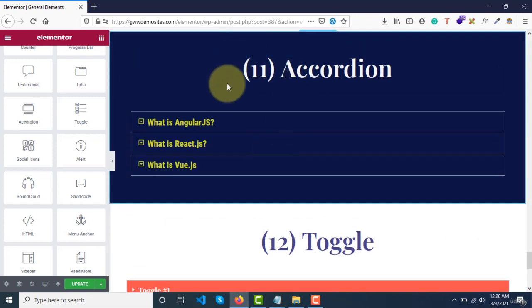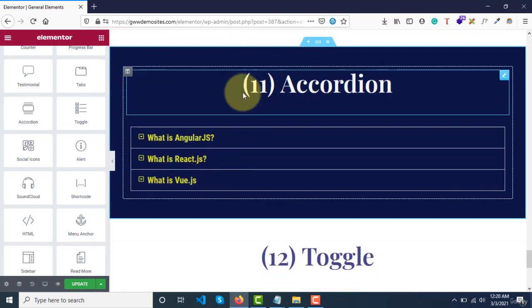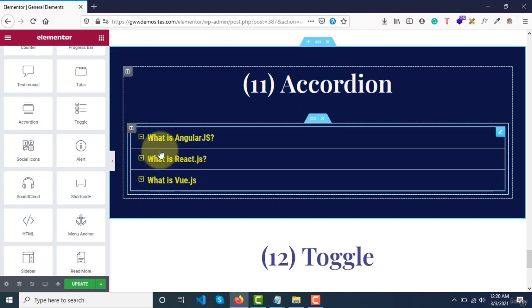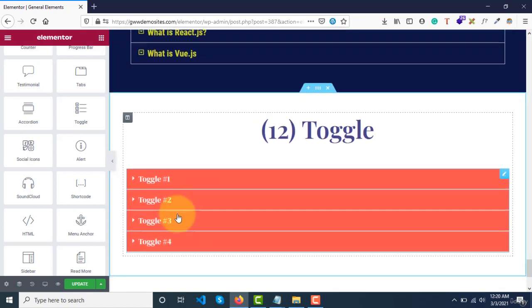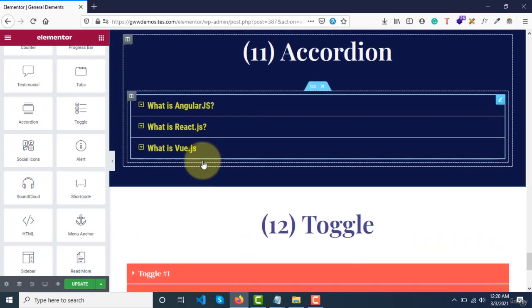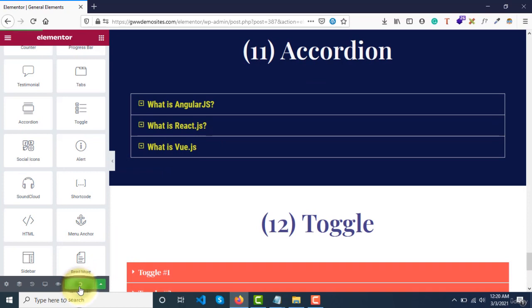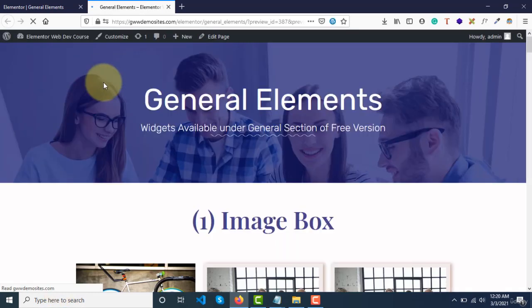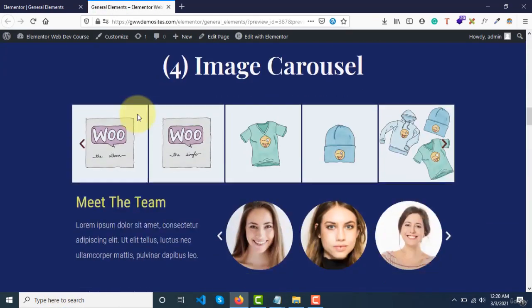Okay, so I have created this section and added this heading, and I have created this accordion here, and I have dragged and dropped a toggle widget here. So now I'll save it, and let me show you what the difference actually is. If we scroll down here